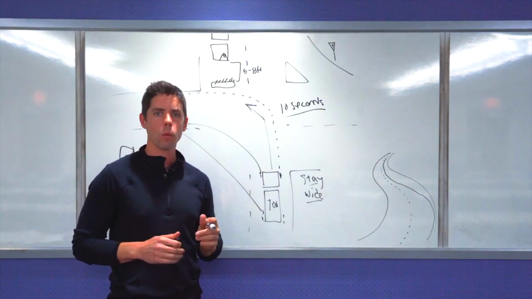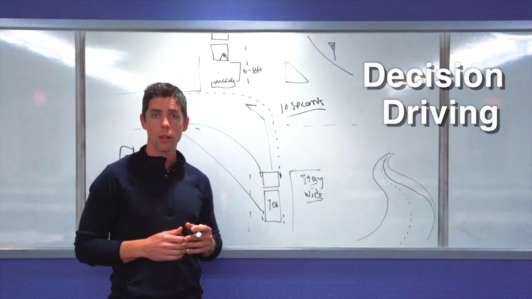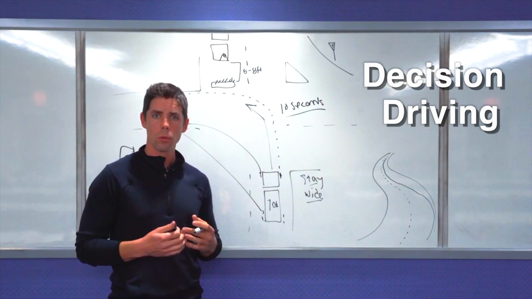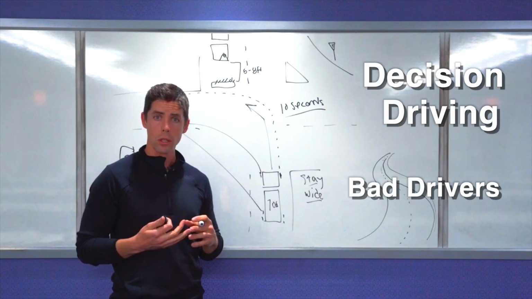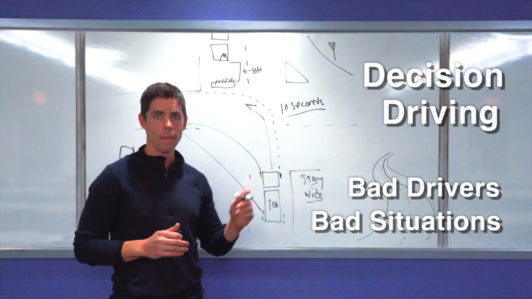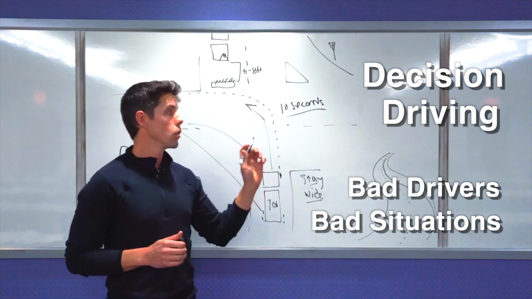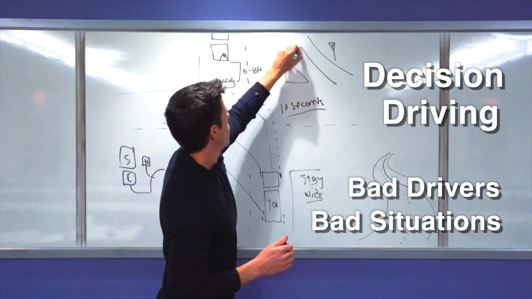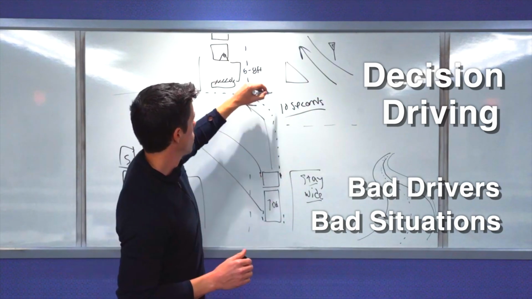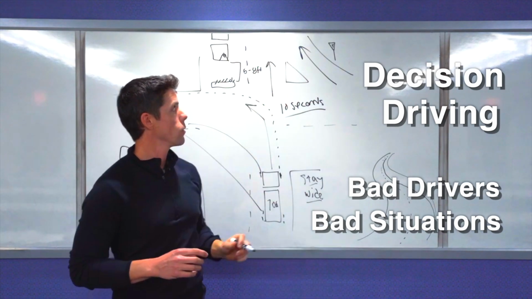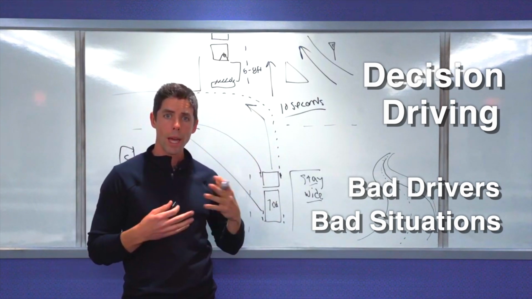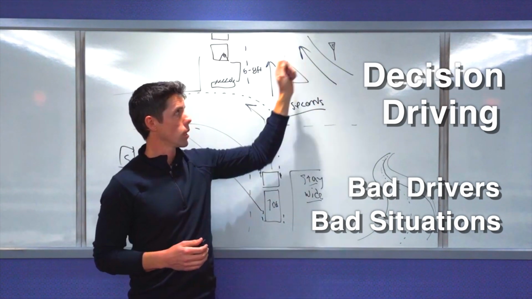Now, the next thing is something we're always thinking about as operators out here, and that's defensive driving scenarios. It goes beyond just situations where you're watching for erratic or distracted drivers, but we're also looking for situations in the road that lend themselves to being problematic. Here's a perfect example right here. We have a blind, short merge lane, right? If we are continuing through this intersection here, we need to be watching for any vehicles that might suddenly appear in that space. So we're not just looking for erratic drivers, but we're also looking for circumstances that could